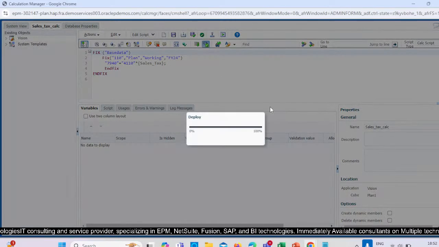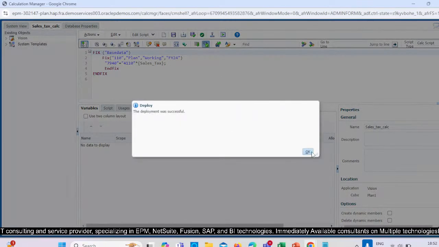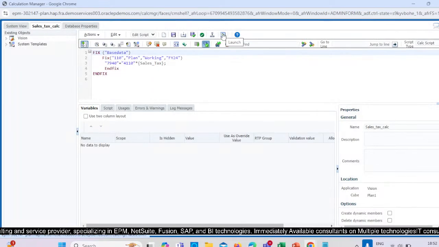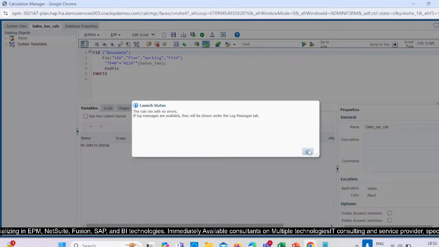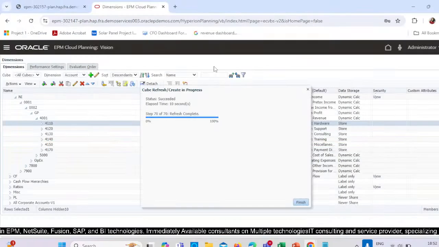Later on we will see if I need to calculate for the whole of the revenue, how we can do that. We can even separately create a member formula under that particular 4001 member. This is the total revenue, and then we can separately run that. Alright,